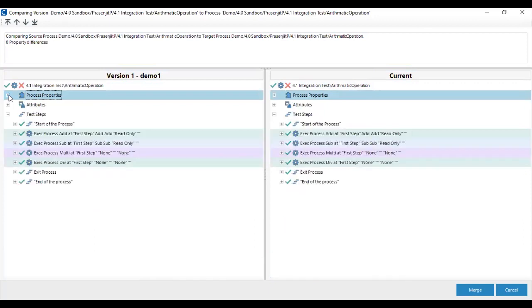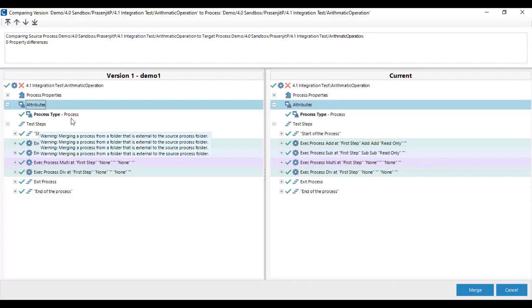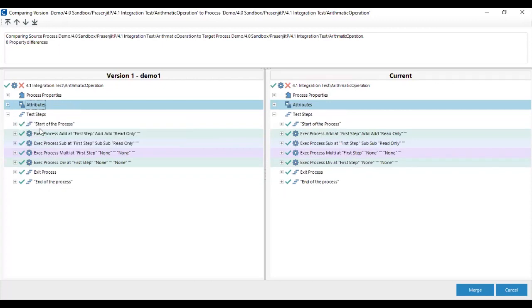We can also compare the attributes of the process, whatever attributes you set in your process, and the steps of the process. Here both processes have the same number of steps. We can easily see this in the compare report.